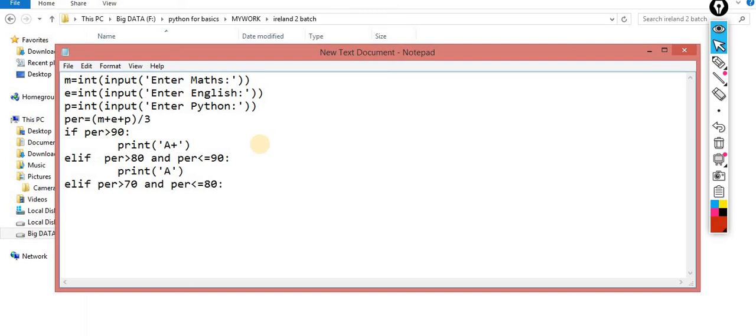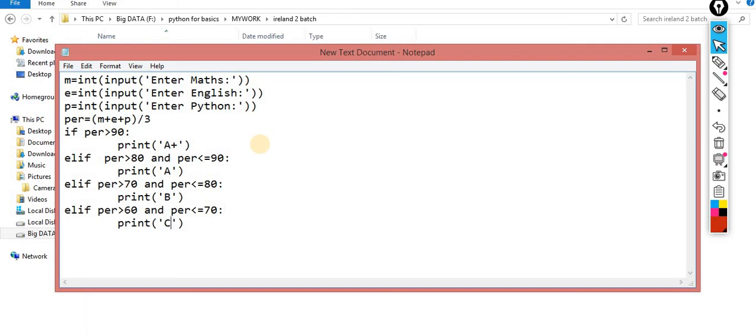Now print B grade. Elif percentage greater than 60 and percentage less than or equal to 70, then print C grade.